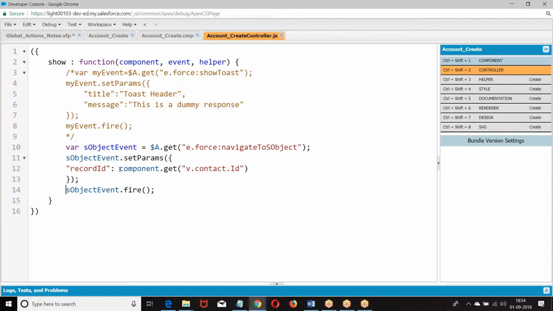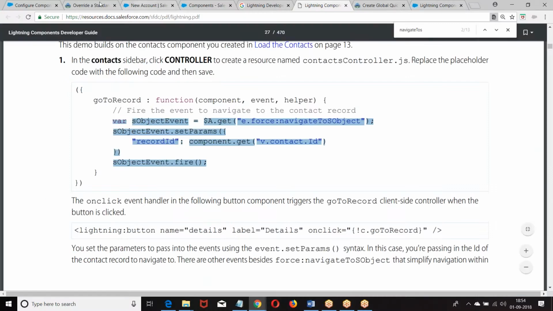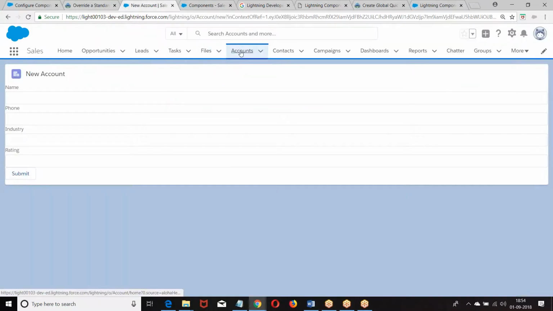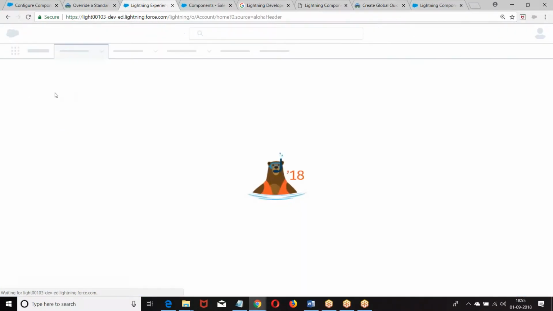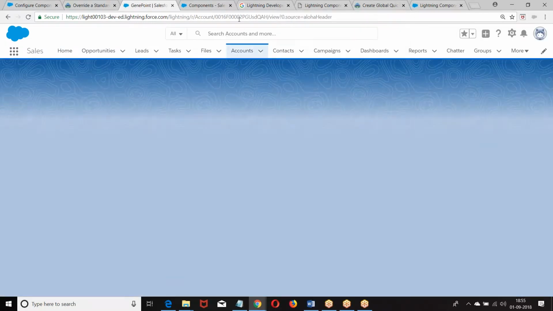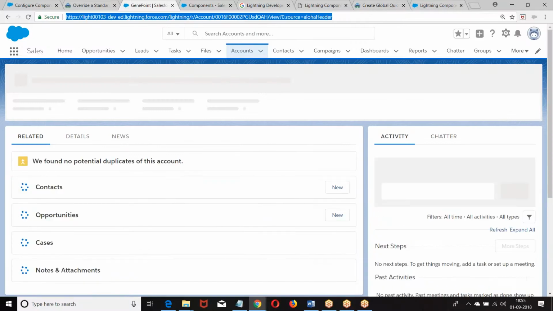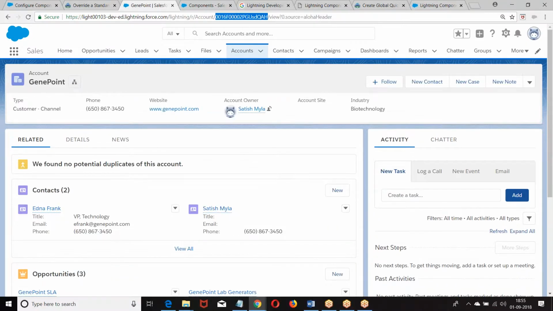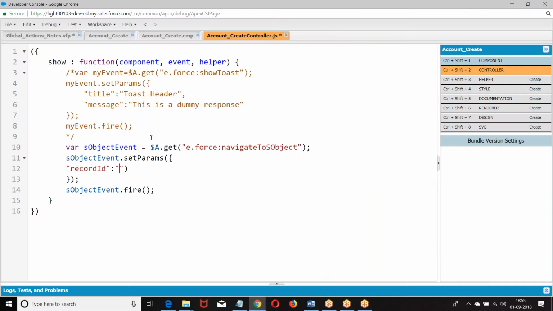Now, instead of this, I want to give a static ID. Once you're done with this, I'll give the extension. Now we have given this ID, so let us go to the same object and do it.